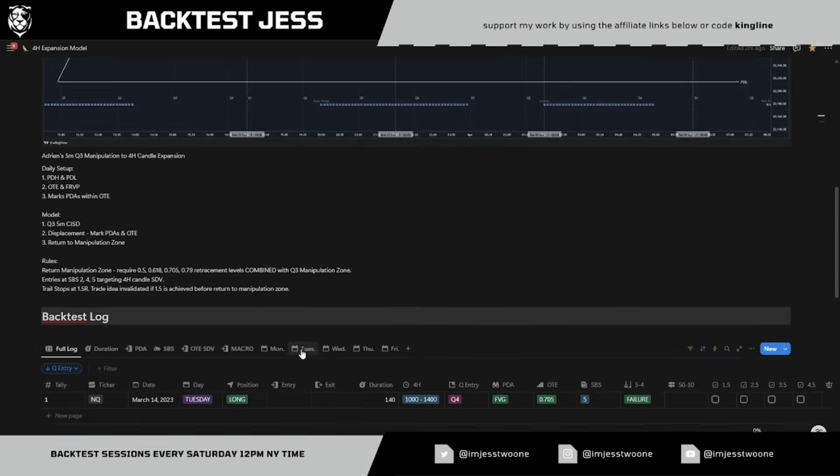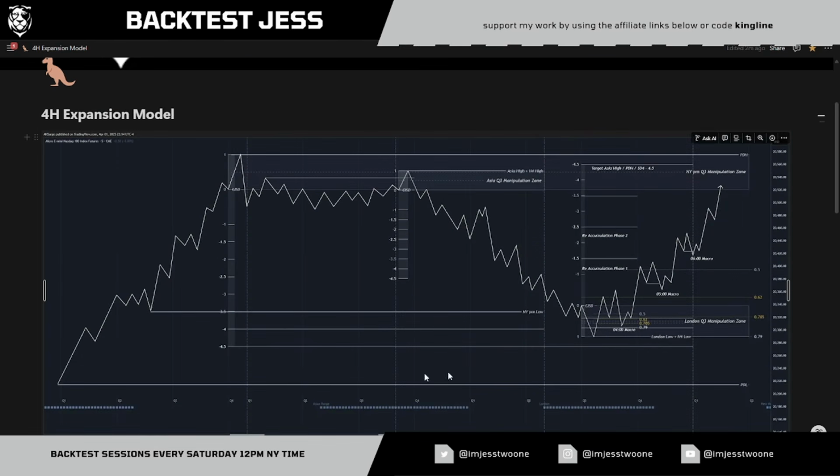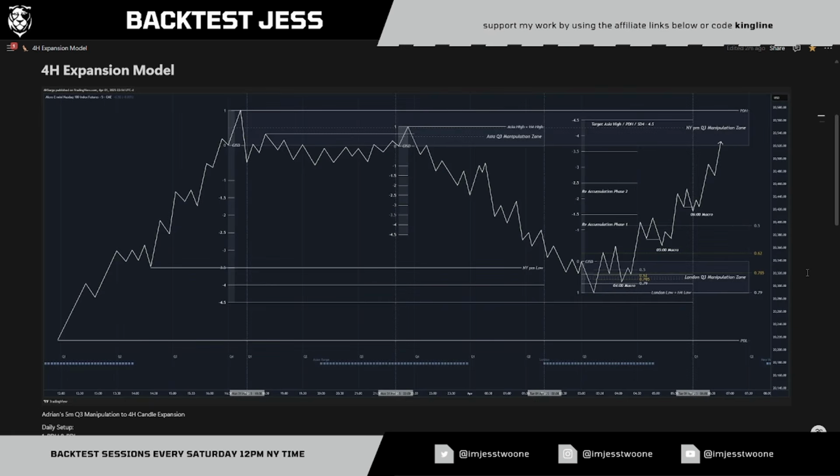So the model that we're doing today is the 5-minute Q3. The point of this model is to catch the 4-hour expansions. This is the chart that Adrian has provided as an example. You can find this chart in his channel. But basically, we're looking for a 5-minute change in state of delivery, and we are going to be focusing on